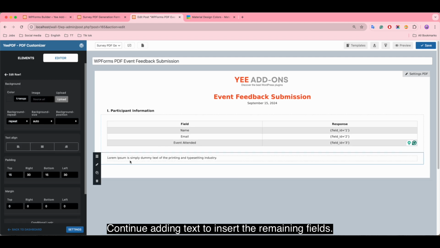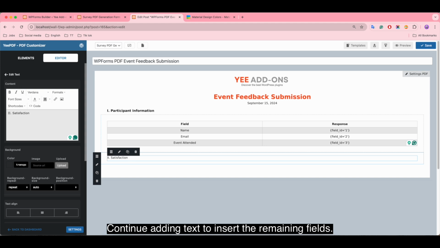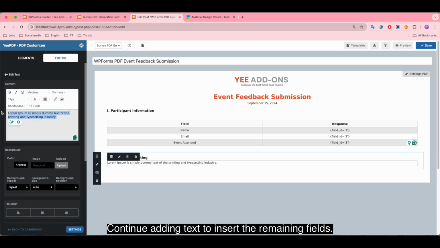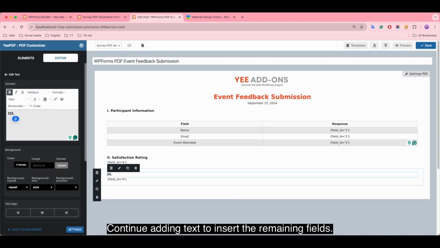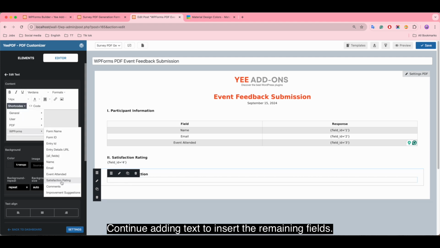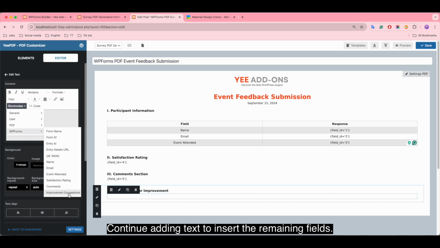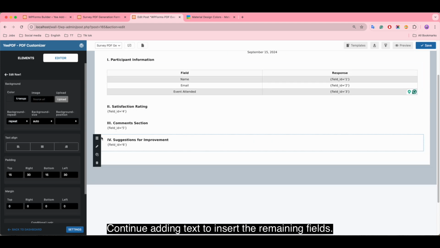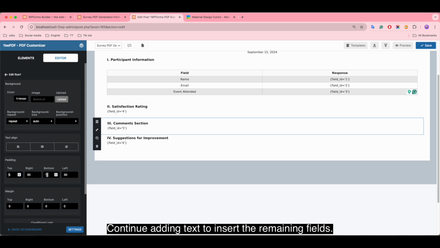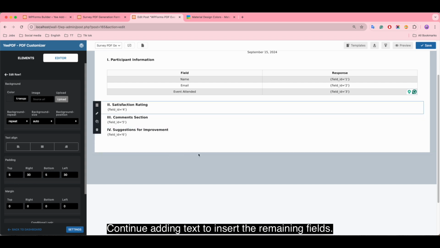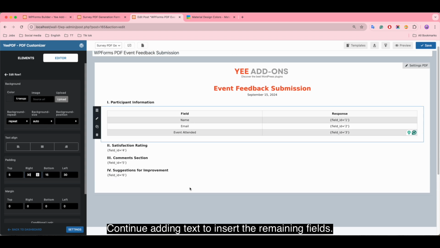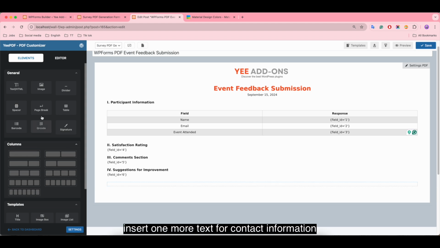Continue adding text to insert the remaining fields. Insert one more text for contact information.